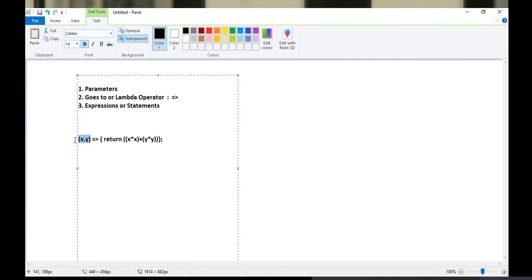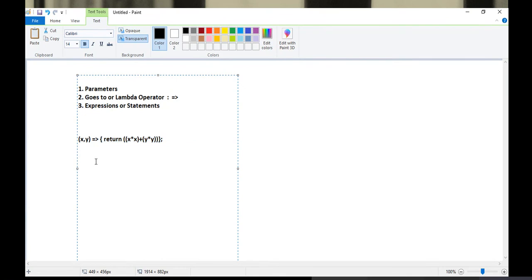So first you will give parameters, or more specifically parameter names. Then the goes to operator will come, and then your statements will come.